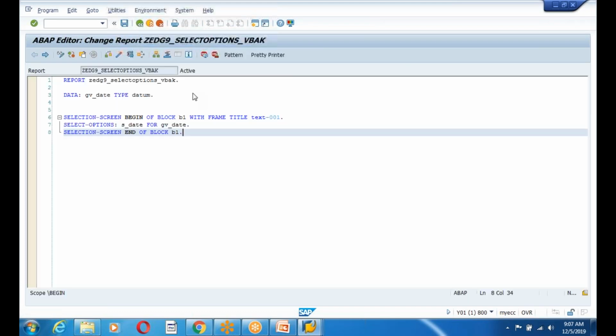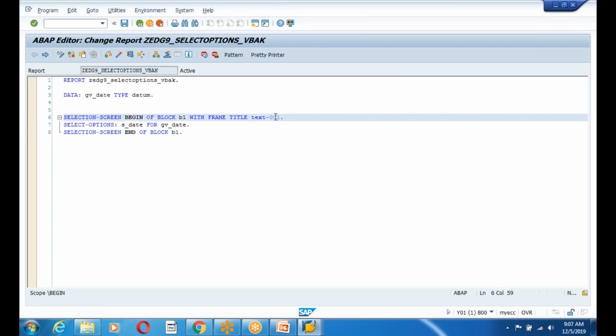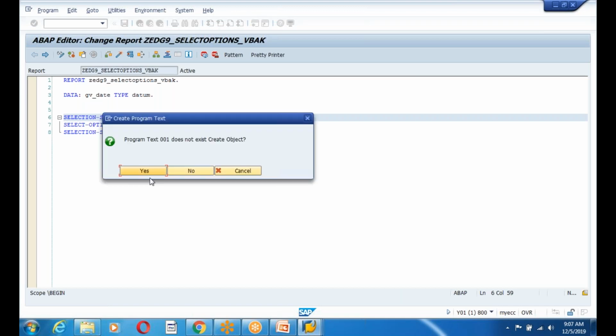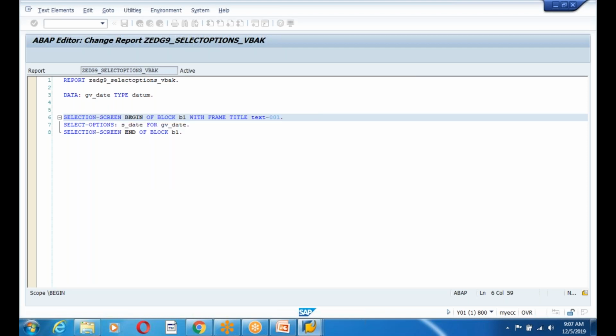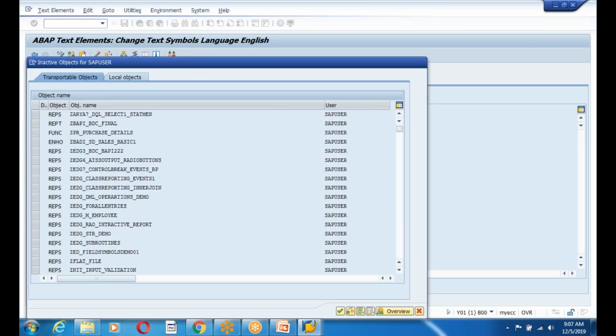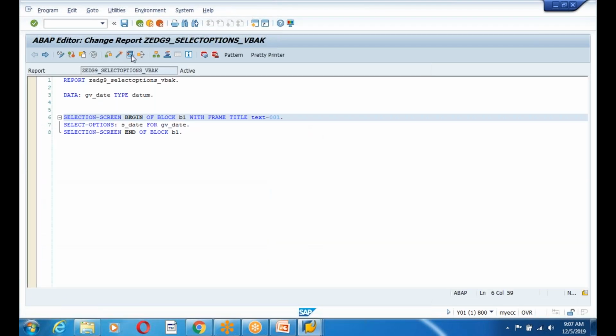So maybe I can double click. This is a text element, guys. Double click on the text element, and it asks whether you want to create the text element. Yes, I can create it. And this is the input box for date selection. So I'm giving some text. Come back and execute. Now you can see input box for the